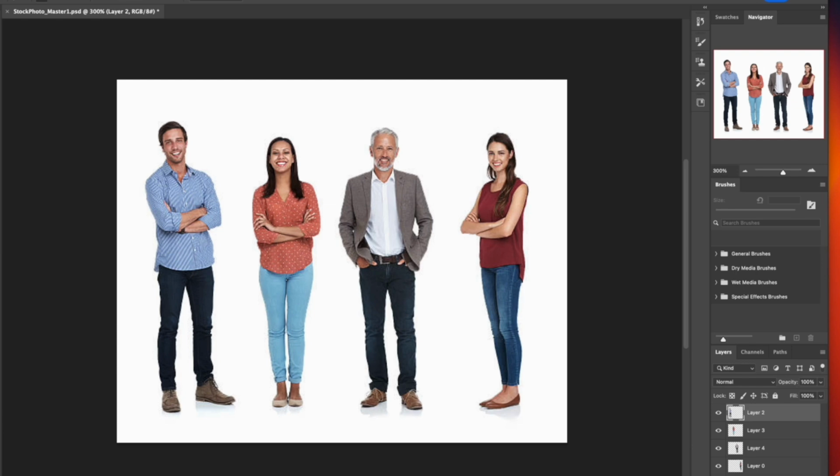Adjustment layers you're going to find are extremely helpful in a lot of those final stages of developing your compositions. At the moment, what I'm starting with here is a stock photo of some people standing around that I found on the internet. But this is going to be helpful for illustrating and demonstrating a bit of what adjustment layers can do. So to access the adjustment layers, most frequently you're going to go down here to the lower right